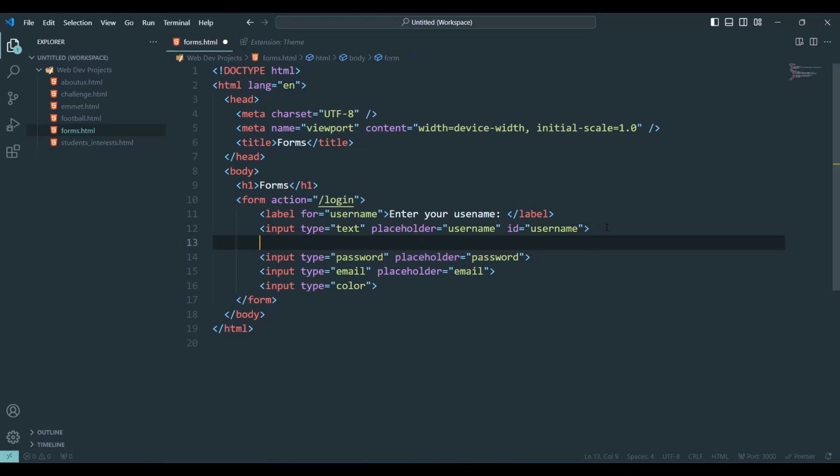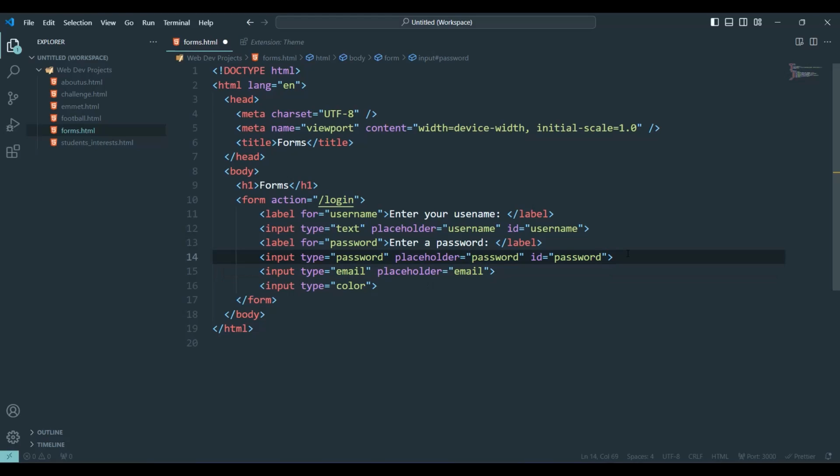Now let's create another label, let Emmet. Let's create it for the password. Let's type enter a password, and give it the ID password. And we have one for email.